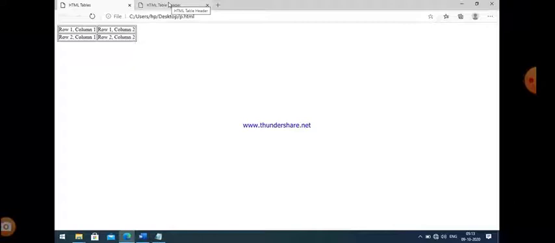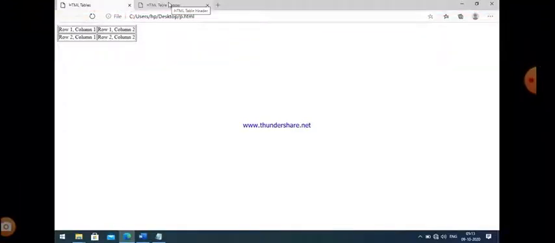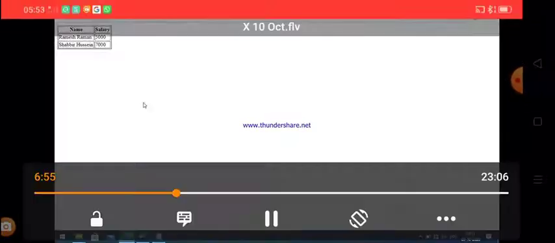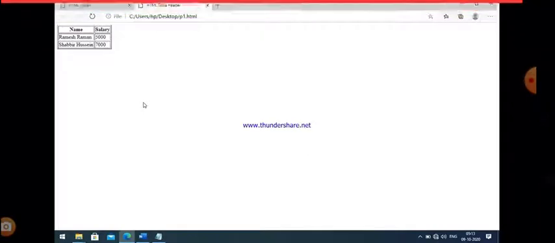So the second program is related to the th tag, in which we simply create table headings. Now you can see the output, in which name and salary are the table headings.